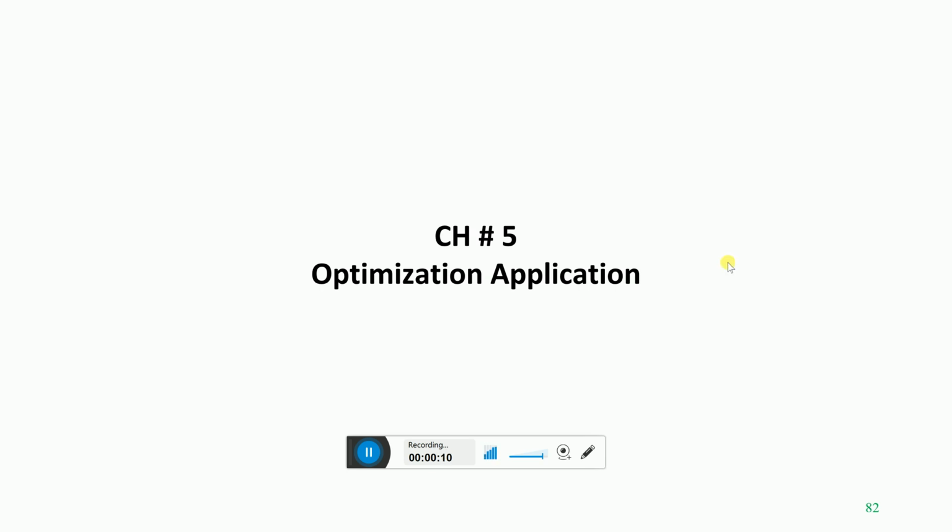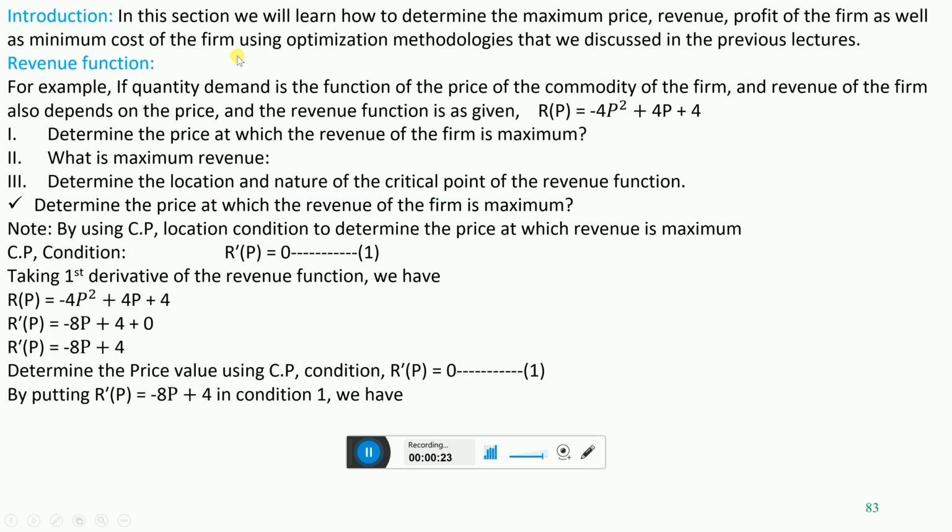In this lecture we will discuss chapter number 5, optimization application. In the optimization application we will use the optimization methodologies that we learned in the previous chapter, with the name optimization methodology,